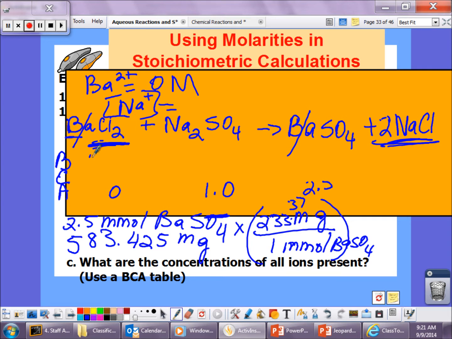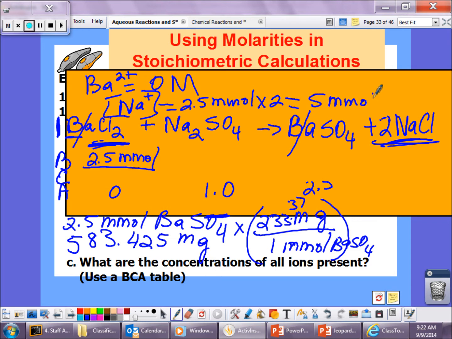Okay, so it was 2.5 millimoles. So if I had 2.5 millimoles of barium chloride, for every 1 mole of barium chloride, I have 2 moles of chloride ions. So I need to take the 2.5 millimoles multiplied by 2, which gives me 5 millimoles of